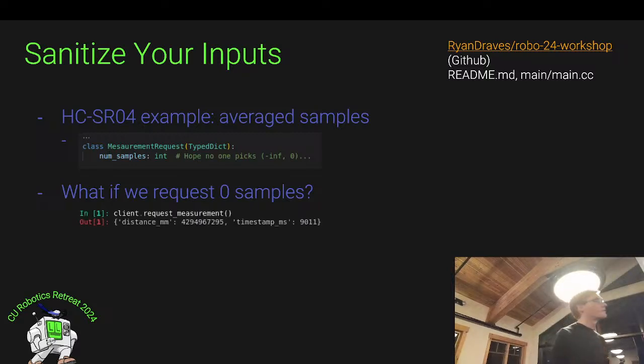Does this number look familiar to anyone? Might be a little small to see, but that's 4.3 billion. What is that, the smallest integer? Sorry, biggest integer? Yeah, that is uint32 max. That is 2 to the 32 minus 1. So somewhere, probably in the compiler for this system, it defaults to the idea that if you're not going to crash or throw an exception or any other thing that happens when you divide by 0, we should return int max. Just max out the value. It's deterministic. It's not some undefined behavior. It will always do this, but it is probably not what you wanted it to do if you take an average like that. So that would be an example.